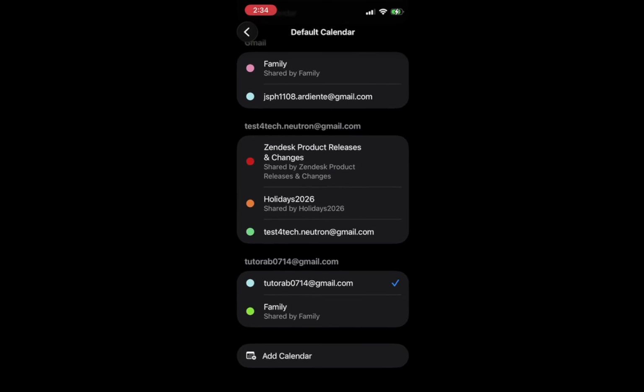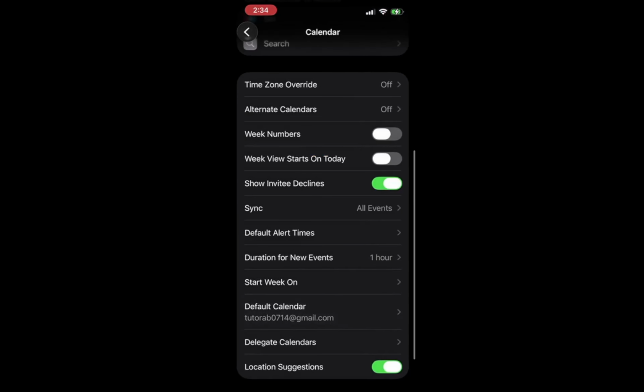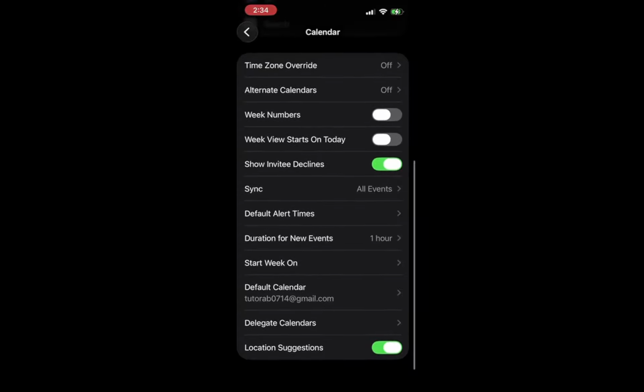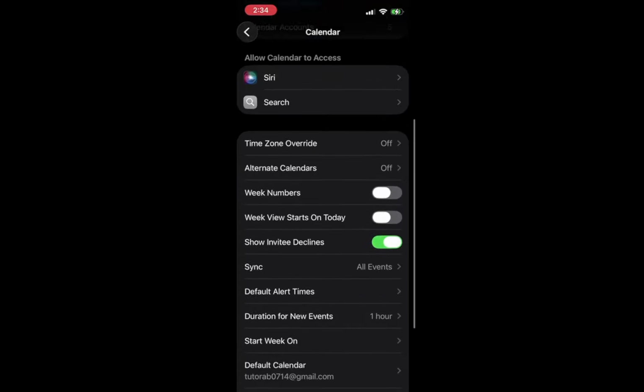You will see a confirmation appear, reassuring you that the sync is set up correctly. This step is vital because it establishes the link between the two calendars, ensuring continuity in your scheduling. New events you create in Apple Calendar will now be saved to your selected Google Calendar and sync with Google Calendar. However, keep in mind that any existing iCloud events are not automatically moved.